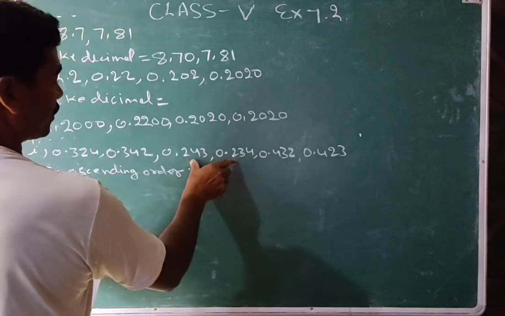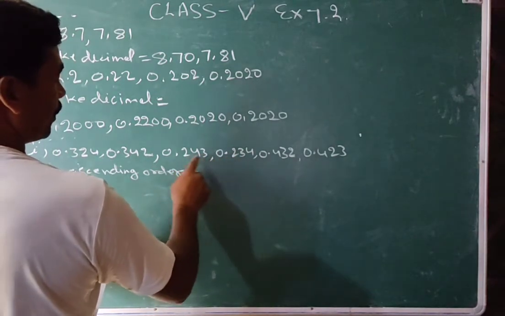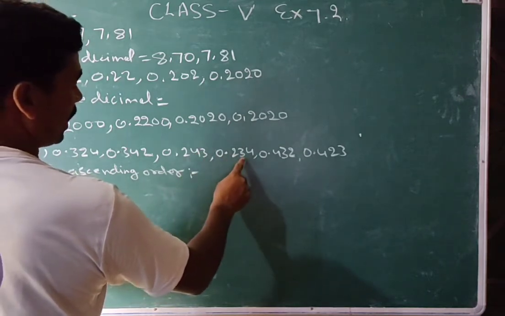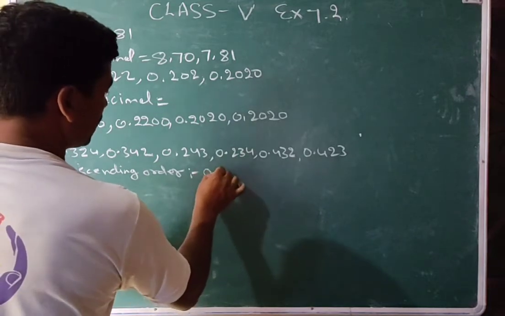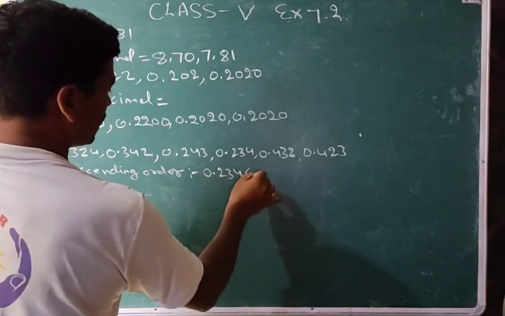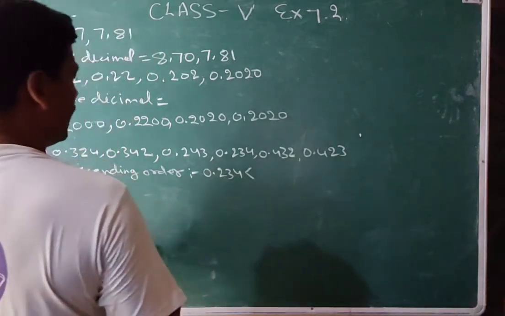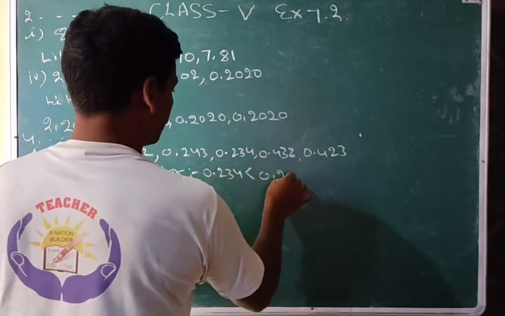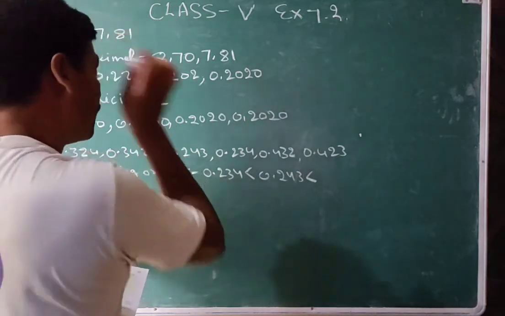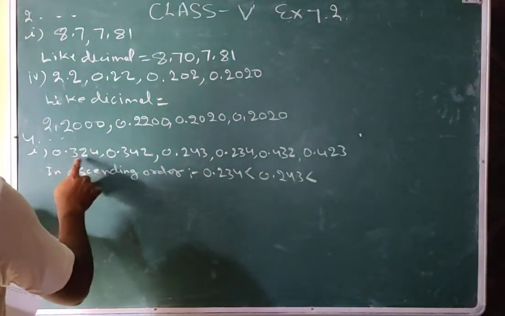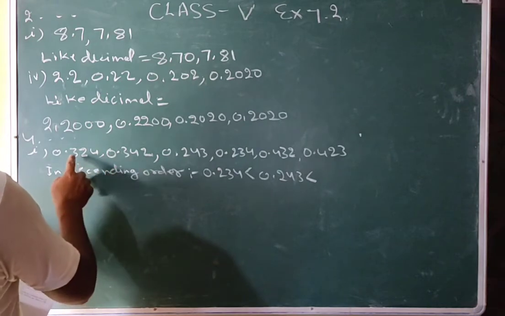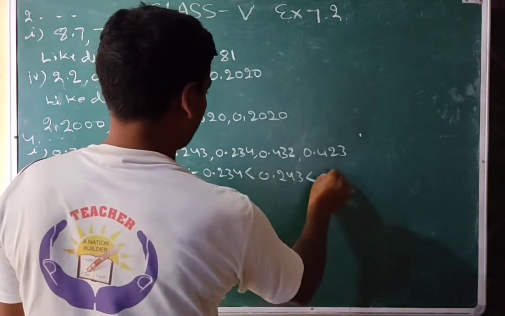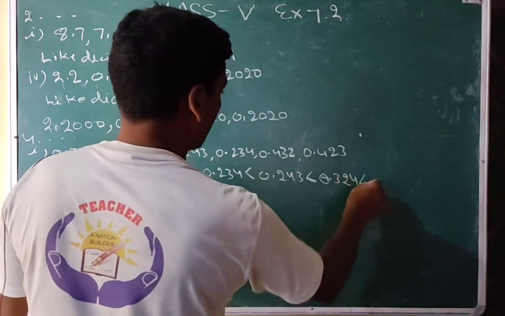So these are smaller than the others. Then the first digit after the decimal is the same, and then the second digit is 4 and this is 3, so this is the smaller number. So 0 decimal 234, and then you will put the sign like this, and then obviously, because we have compared these two, 0 decimal 243. Then after the decimal 44, after the decimal 33, so we will compare here 33, and then the second digit 24, so that will become 0 decimal 324, and then after